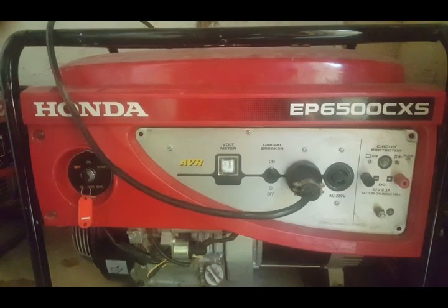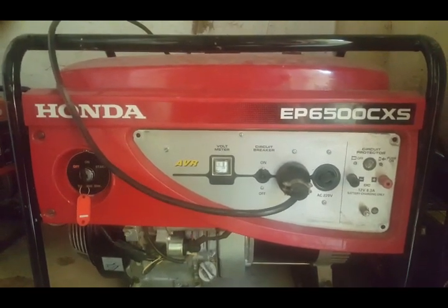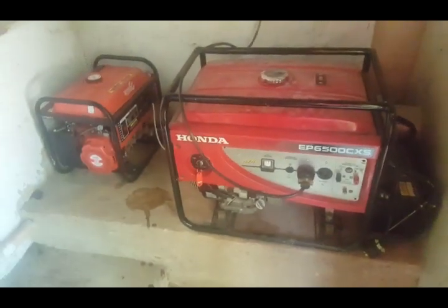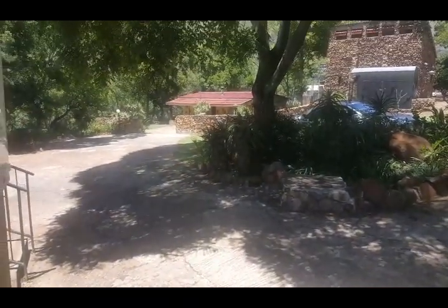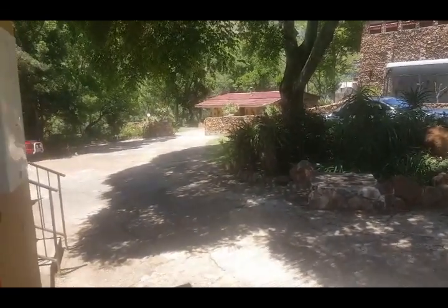But now that we're off the grid, we've identified a need where we need to be able to start this generator remotely. The problem is the cottage is quite far away. Let me show you from where the generator is, and you can check there's lots of concrete, and that's where we got it started from, where we stay. And there's quite a long cable to put in if you want to put a remote start. So, solution: